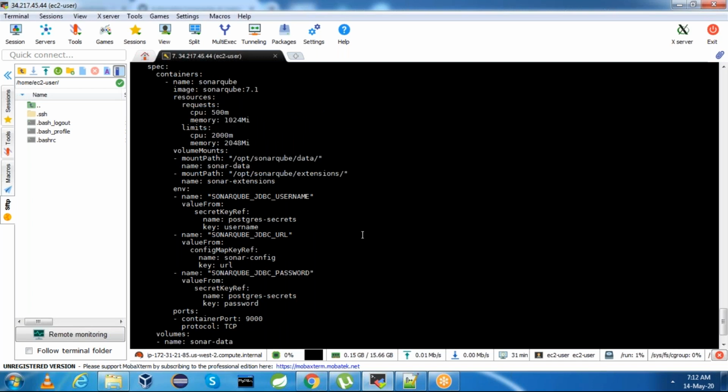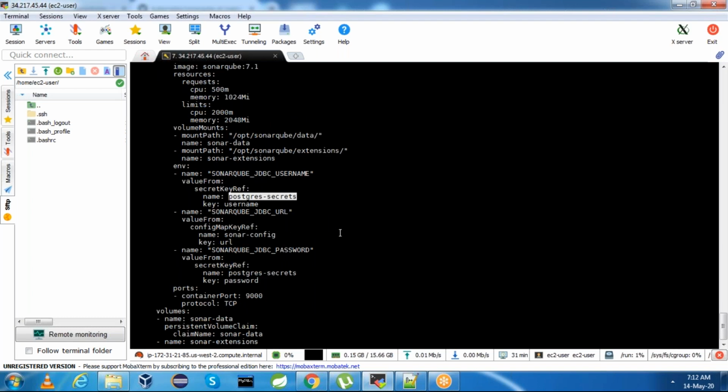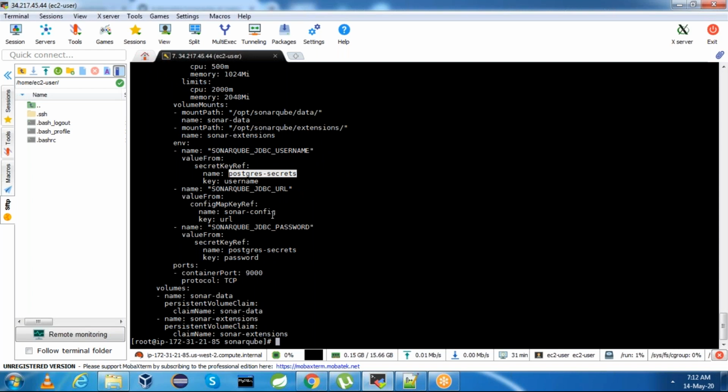And for Sonar we need to provide three things. What is the SonarQube JDBC username? I am referring to it from the Postgres secret. And what is the SonarQube password? Again, I am referring to that from the Postgres secrets which we created. And the SonarQube JDBC URL, which I am referring to from the config map which we created some time back. We need three things. What is the JDBC username? JDBC is nothing but Java Database Connectivity.